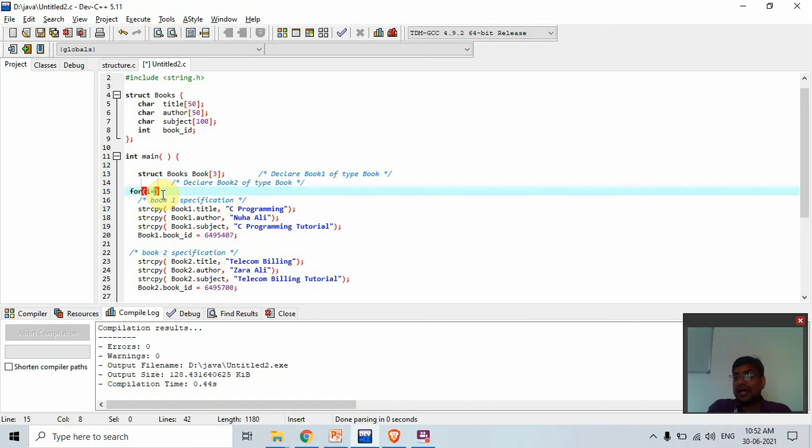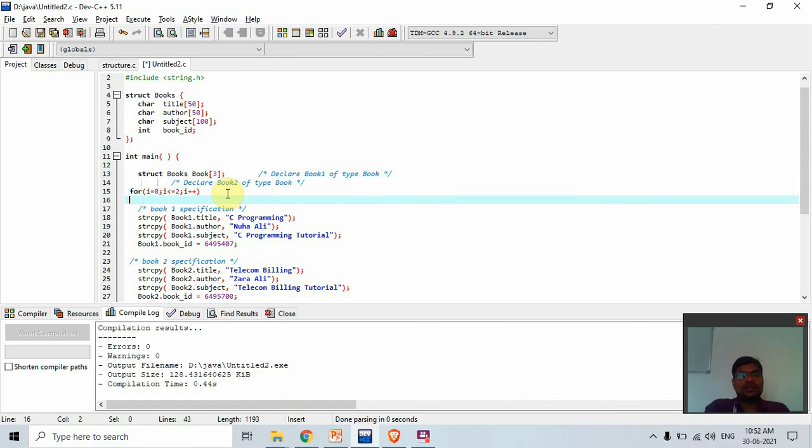It works like an array. Array index always starts with 0, so we use 0 here. I less than or equal to 2 and I plus plus, and I insert the same elements.